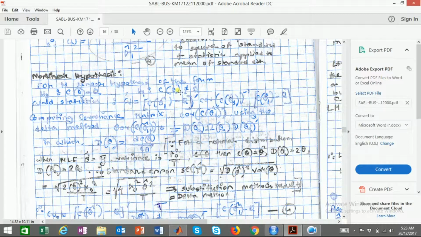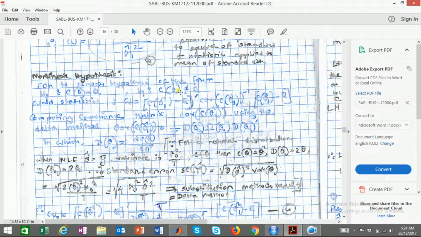So the first difference of c theta for a normal distribution, when the maximum likelihood estimator is theta hat equals the sample mean y, variance is sigma naught square divided by T, then c theta equals theta square, and the first difference d theta is equal to 2 theta and d theta naught is 2 theta naught. The standard error of the sample mean is hence the root over d theta square, because we have d theta multiplied by d theta, they turn to d theta square. This is the first difference of d theta